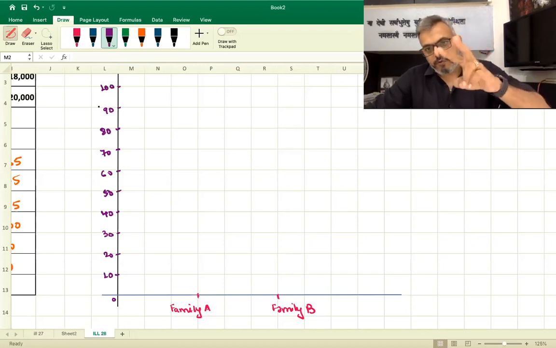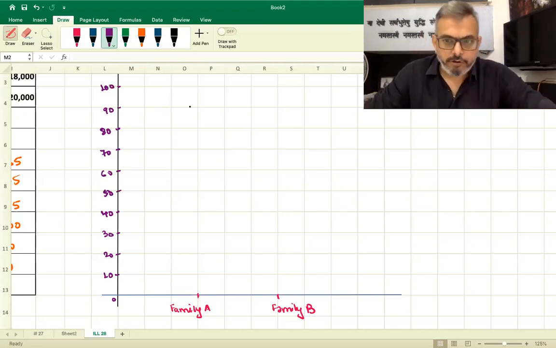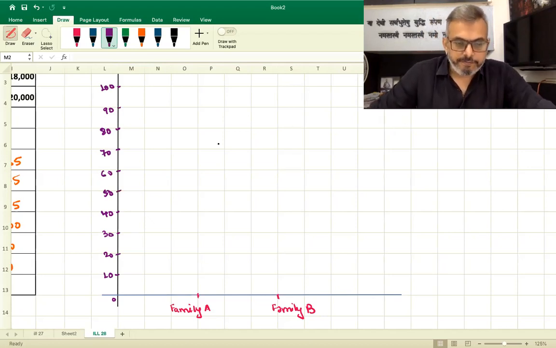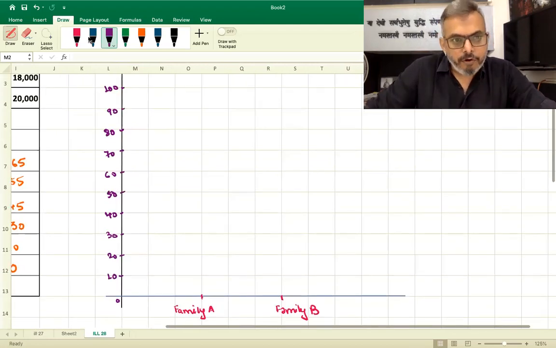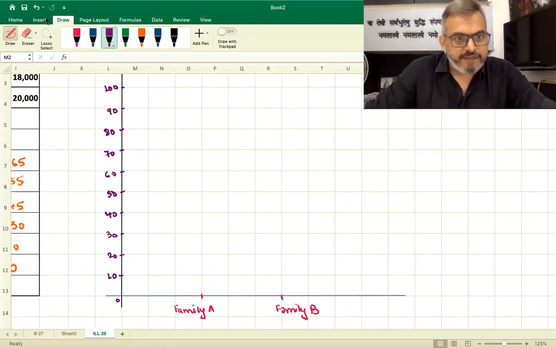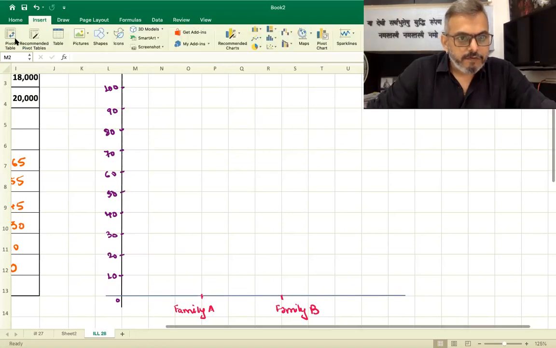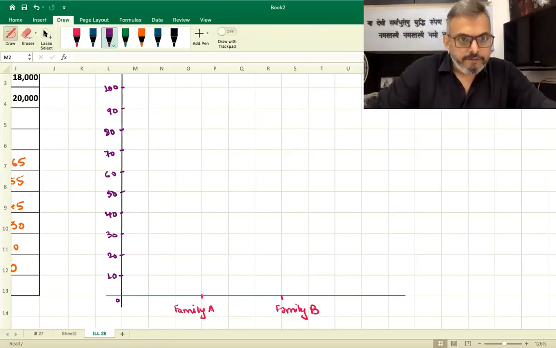You can take 2 centimeter is equal to 10 also. Okay, that is also fine. You can do that way also. Now, both will be of the same size. So, over here, we draw it